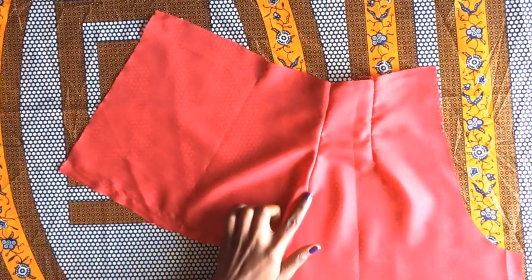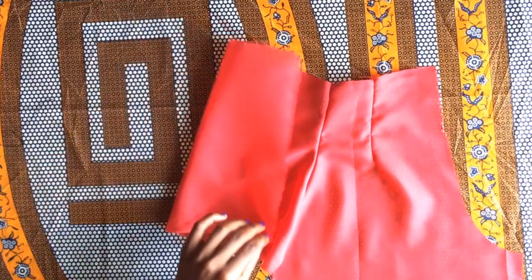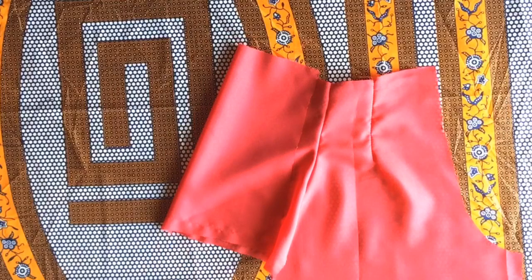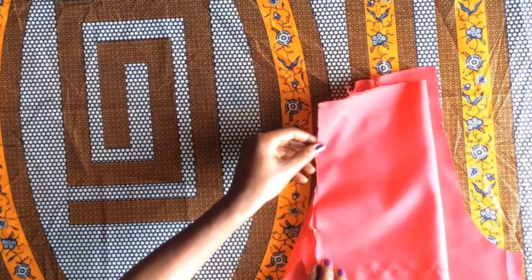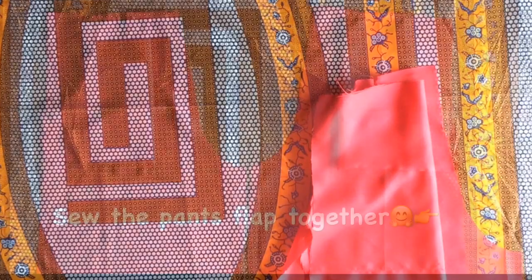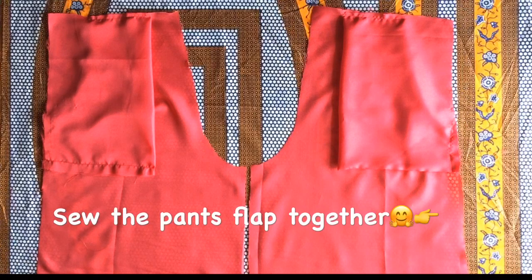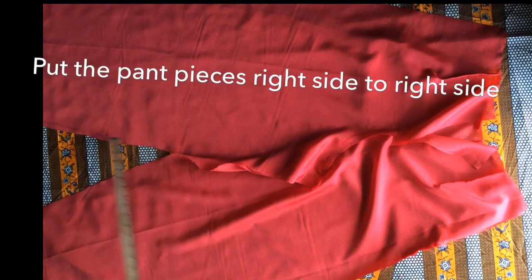Now for method B, after sewing your pocket piece to the side of your pants, previously in method A, we flipped it towards the right side and stitched the bottom part, but in this method B, we're going to flip towards the wrong side of your pant, and we're going to stitch the bottom part. As you can see, this is method A while this is method B. The only difference is that these areas seem to be closed for method B, so you choose the one you like and do. So here I'm going to start off with sewing the inner seam of our pants together,